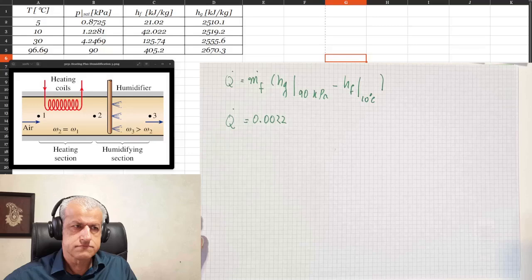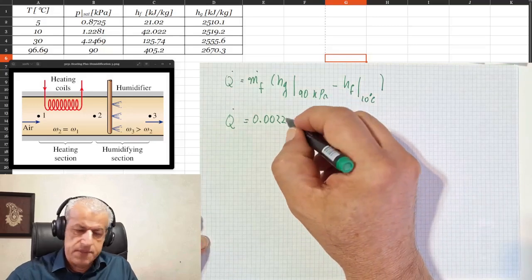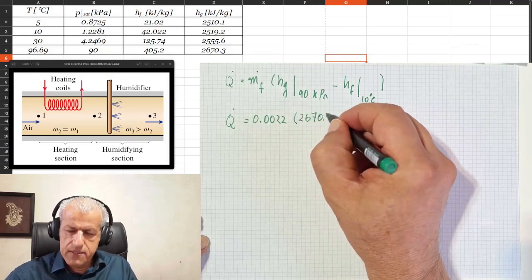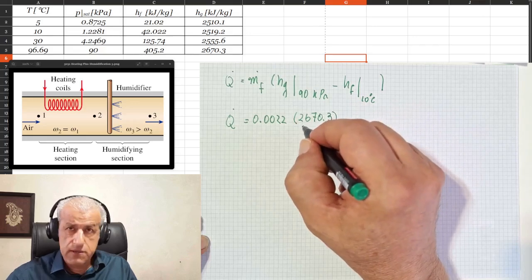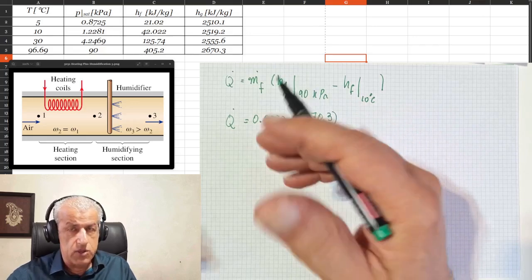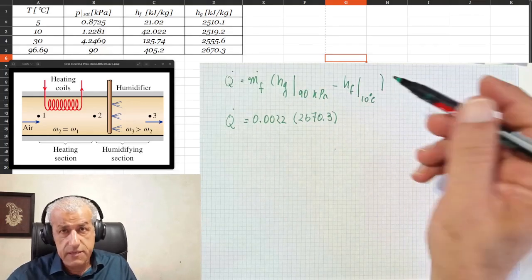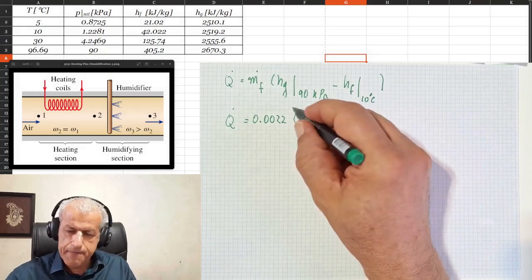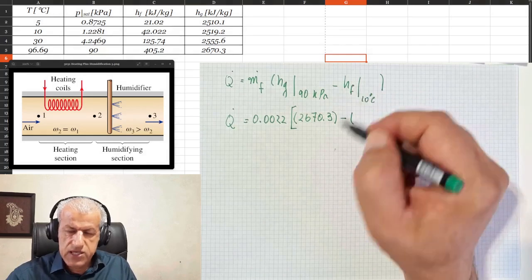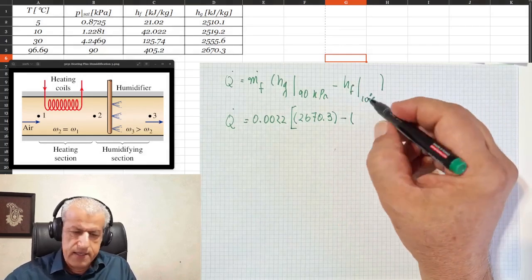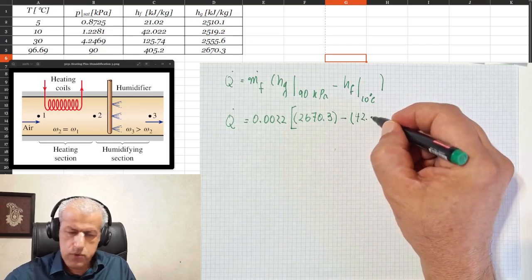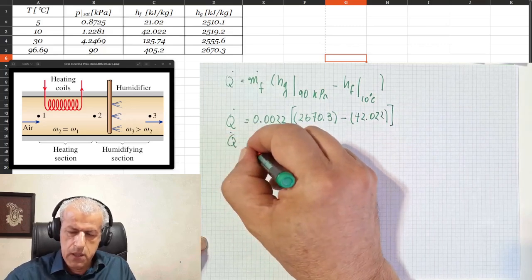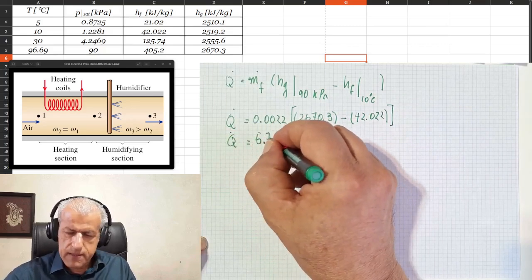0.0022 times 2670.3, and you see where I have taken that value from. It is just boiled water, steam, and that is minus HF at 10 degrees C, and that is 42.022. And the outcome for Q dot would be 5.782